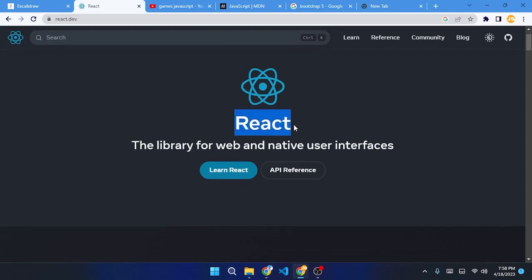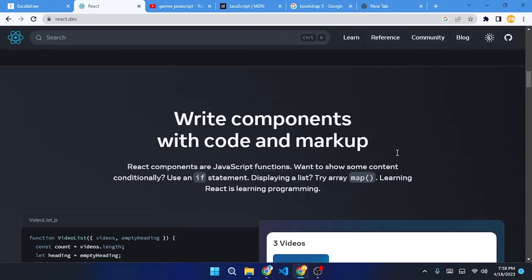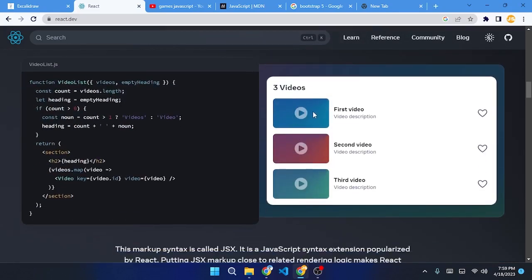This is the library I would suggest you learn and be good at, because there is a lot of demand in the job market and also in freelance work, and React is booming. So don't worry about that. There are a lot of libraries and frameworks in JavaScript, but I will highly suggest you learn